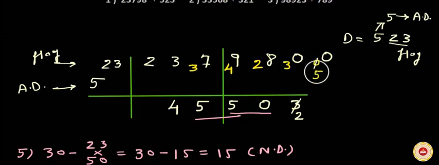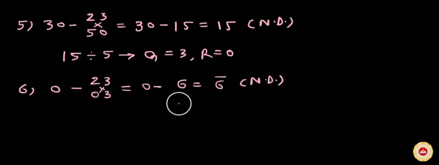Now friends, this 5 is the new remainder, and I have written the new remainder 5 as a prefix to the next digit, which is 0. Now read this 5 and 0 as 50, and 50 is the new gross dividend. Now friends, we are going to repeat this step.